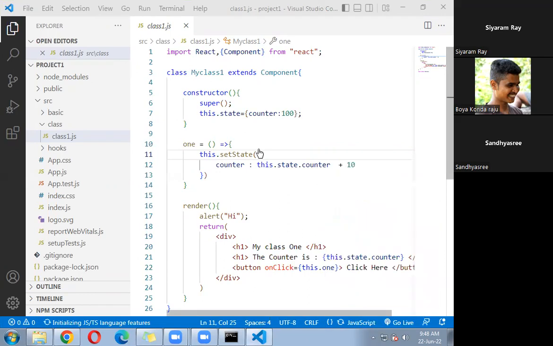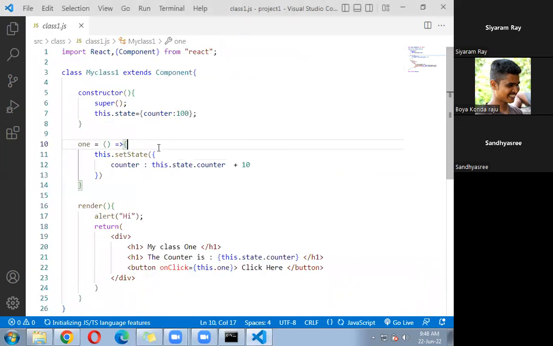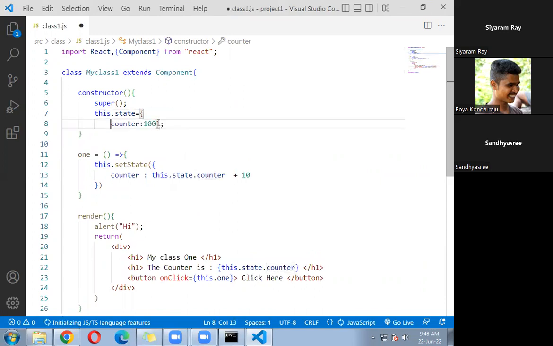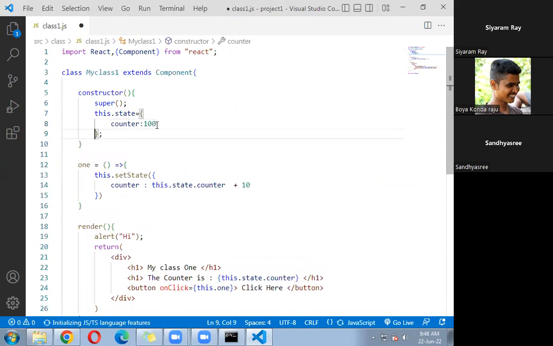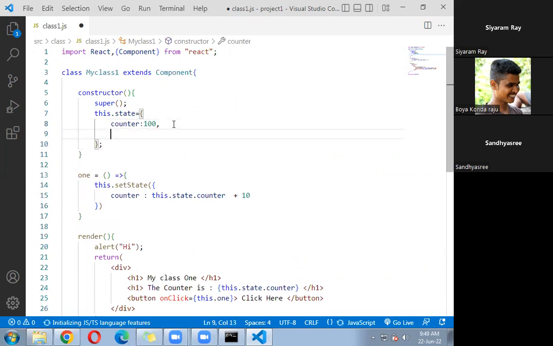Inside the class1.js file, you saw yesterday we have created one variable called counter. Now we can create one more variable, not a simple variable but an array variable. Put a comma here, and after the comma, right here,